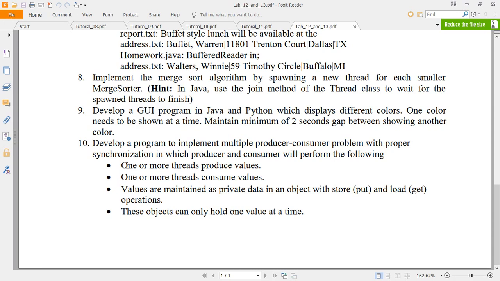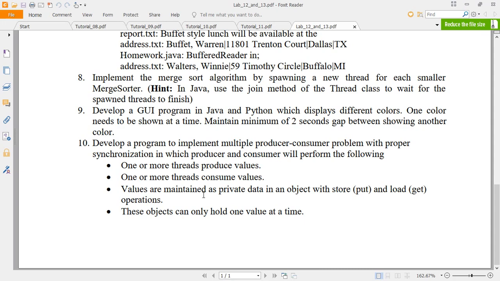In the lectures we have seen one variety, that is one producer, multiple consumers. In the tutorial, the first question of tutorial 11 asked multiple producers, one consumer. Now this question is asking that multiple producers and multiple consumers are available.